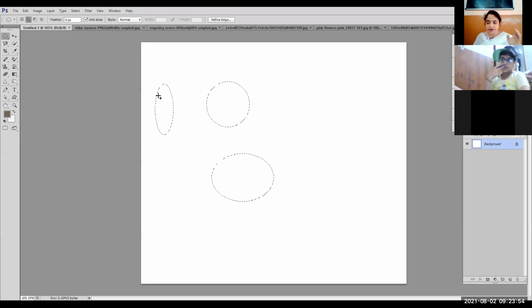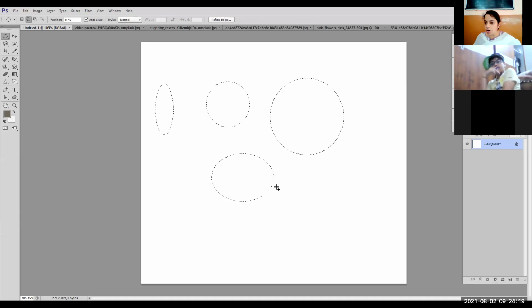But if I press the shortcut key from the keyboard, you do not need to select anything from the option bar, and you do not need to deselect anything later on. Now, what is the shortcut key? The Shift key will add to selection. Press the Shift key and do the selection. It will give you a plus sign. You can see the plus sign is with my mouse pointer.